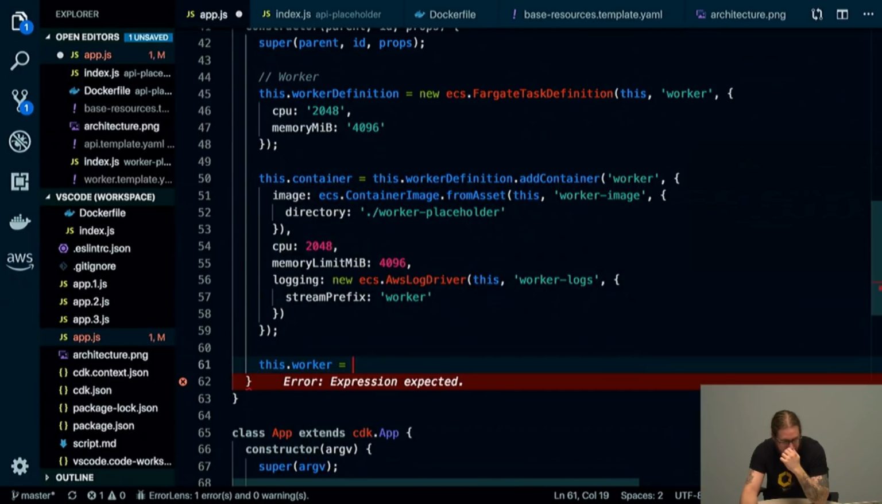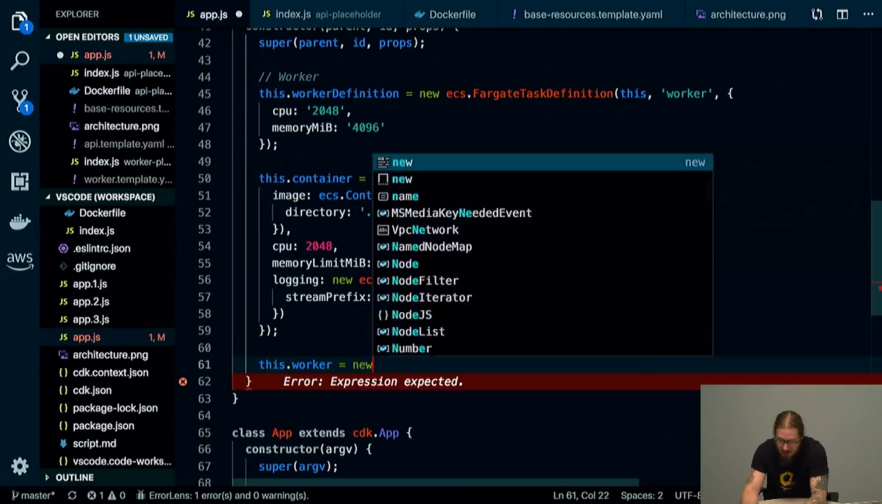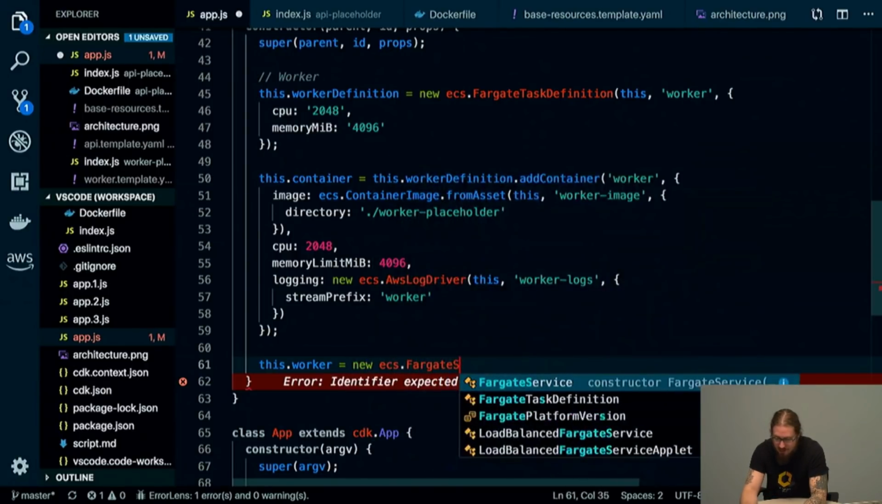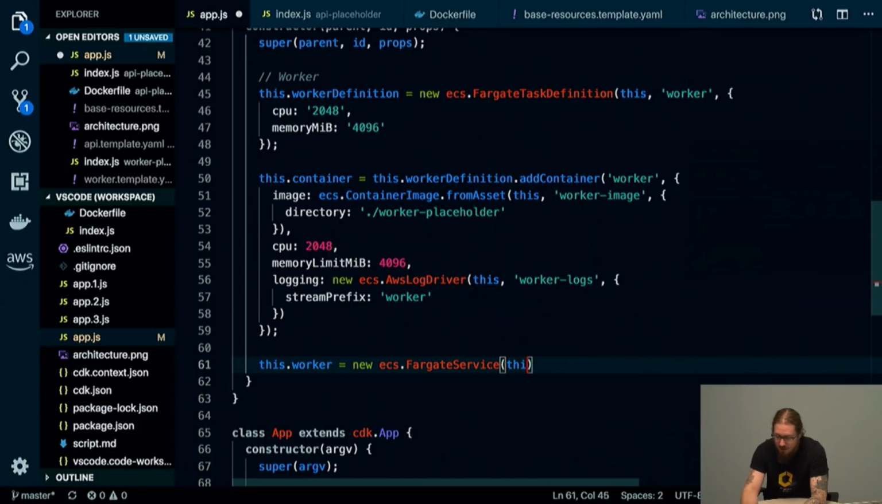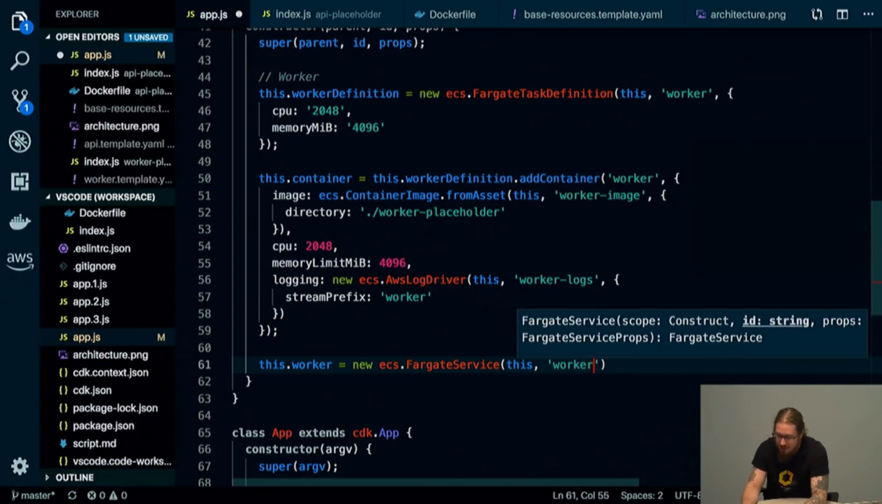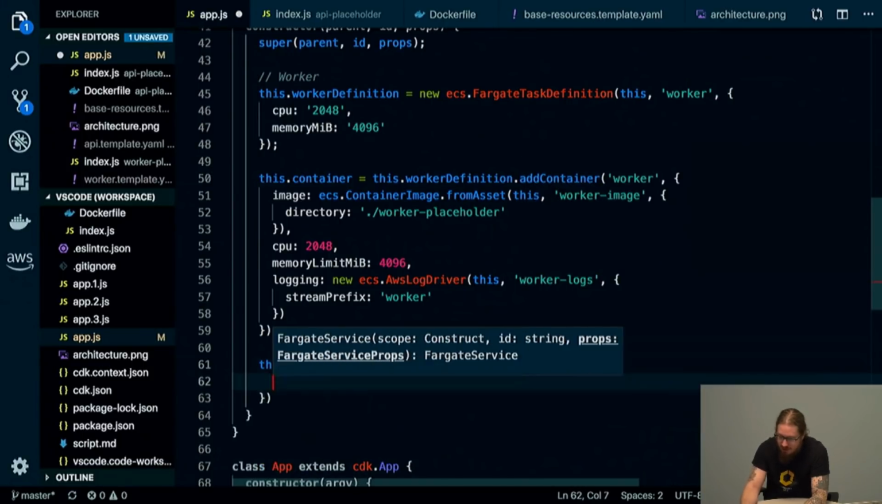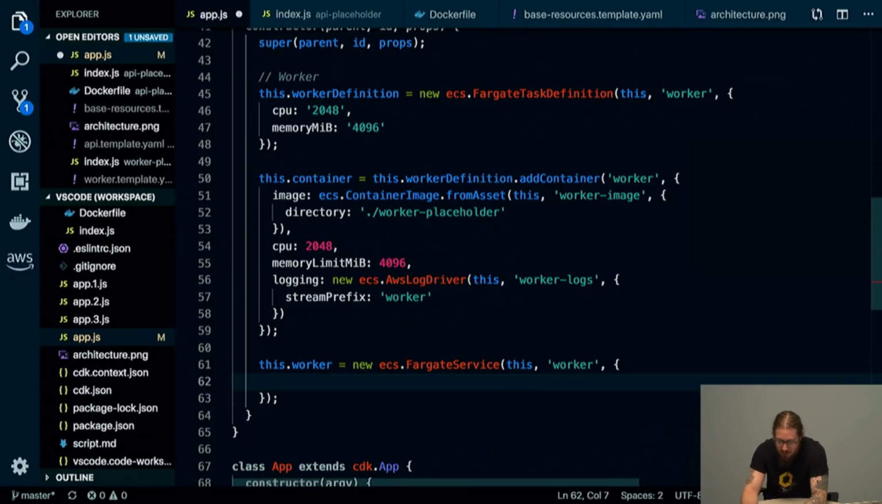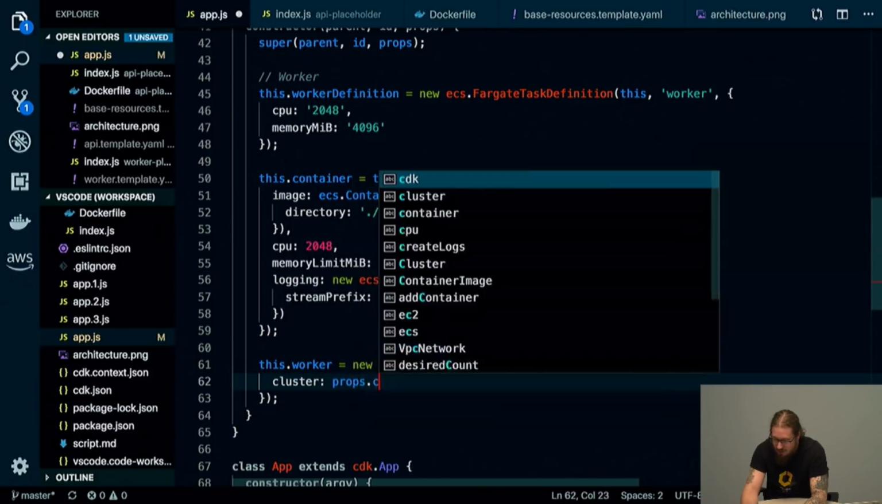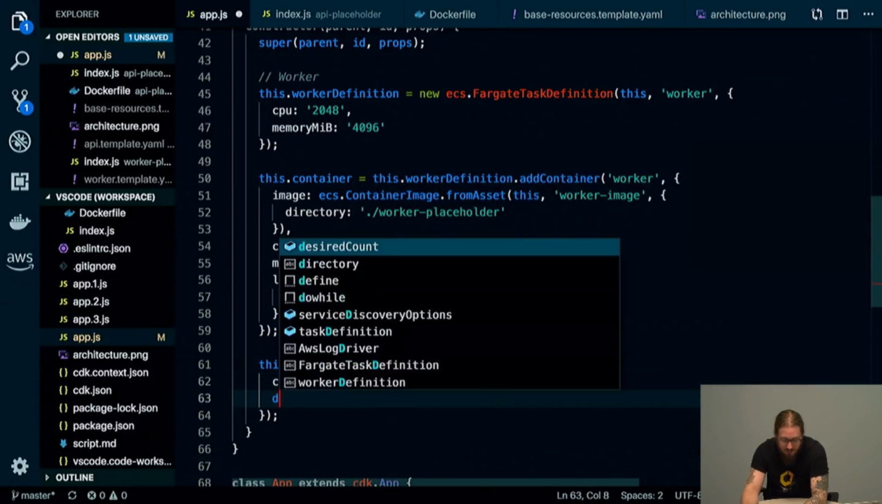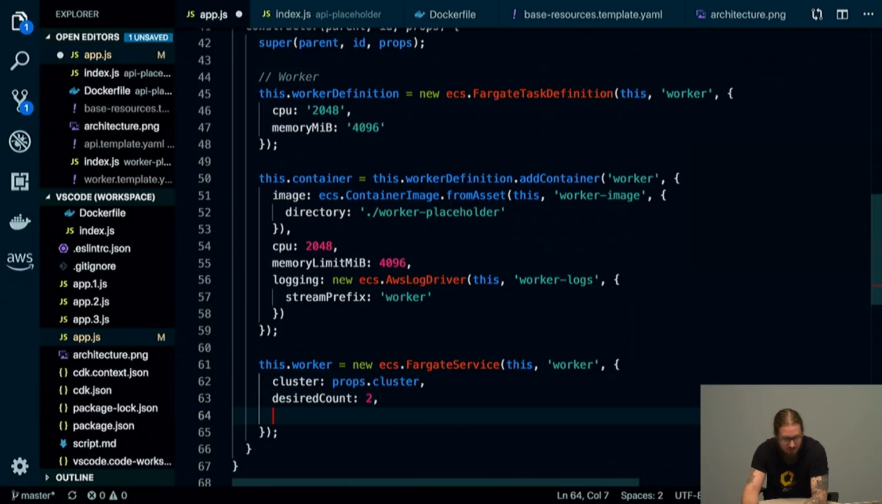Question: how does ECS container image from asset work? I'm about to show that when I actually deploy this. So let me finish typing out this Fargate service, and then I'll run the CDK deploy, and you'll get to see exactly what it does. But you're correct; it's going to build that container locally, then push it up to ECR automatically, and automatically deploy the service referencing that ECR image. So once again, I need to specify the cluster I want it to run in, count of 2,